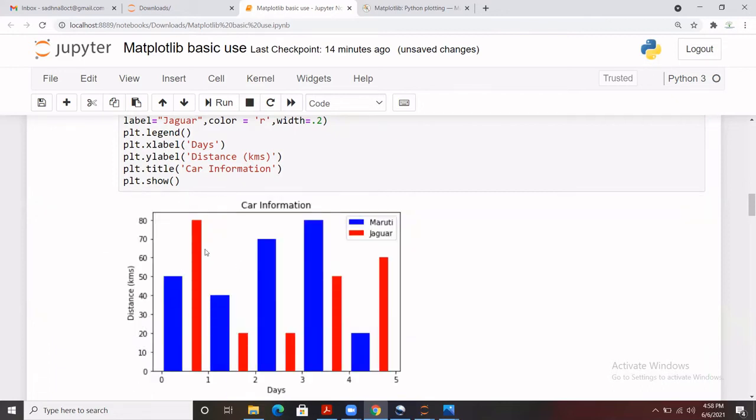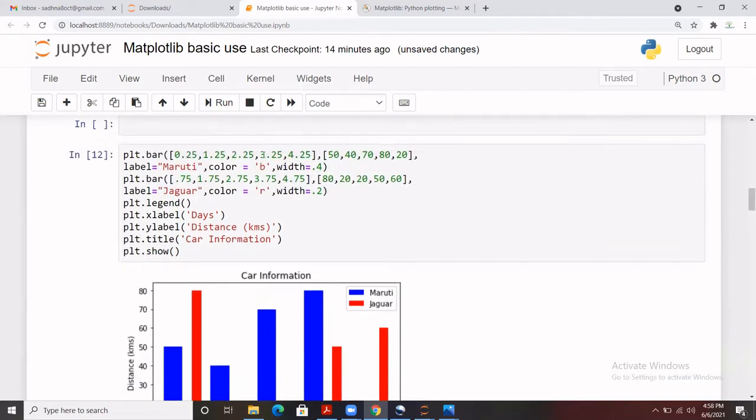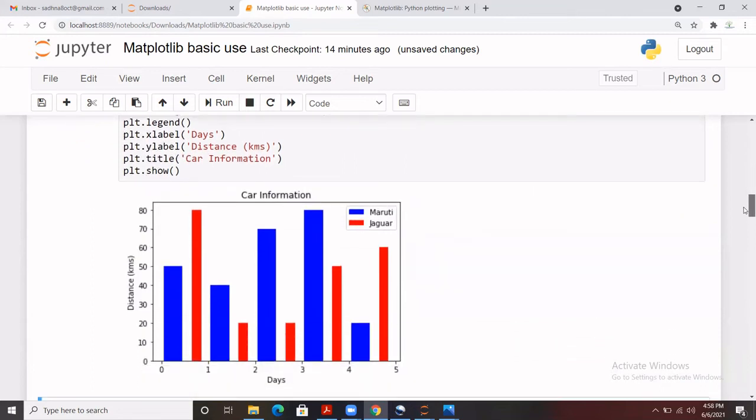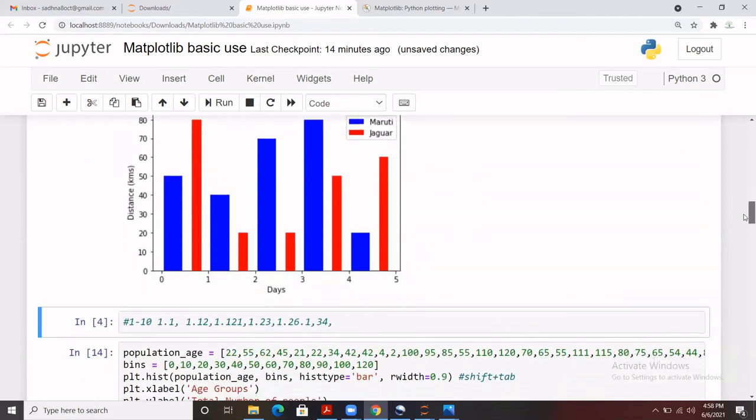So all the bars are based on the data that we passed here. And if you make changes to this data, you try to do it at your end, it will impact the visuals of these bars here. So you can create bars in one graph for multiple things altogether. Here we are directly passing that data. Further, I'll show you how to display this information using data frames for any columns and all.